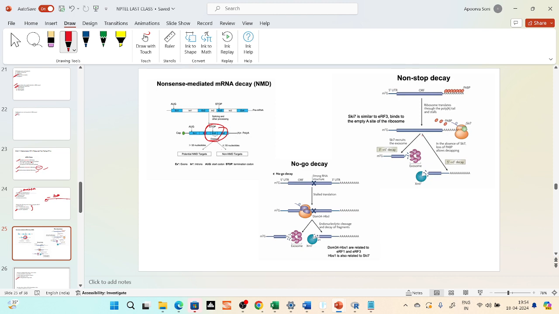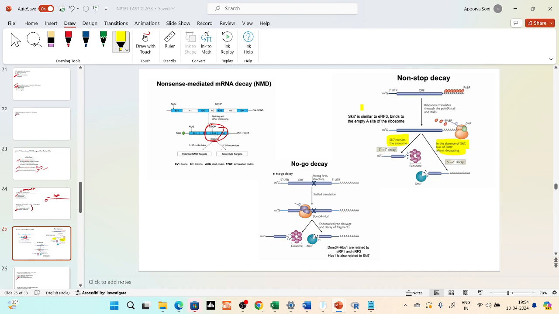Here you can see it can happen in two ways. First, the decay can happen either from the 5' end or at the 3' end. If 5' end decay is there, always remember, I'm just marking here for your reference. Ski 1 is important. Sorry, if Ski 1 is there, it would be 3' to 5' decay. Okay, I said the opposite. If Ski 1 is there, then 3' to 5'. If Ski 1 is absent, 5' to 3'.